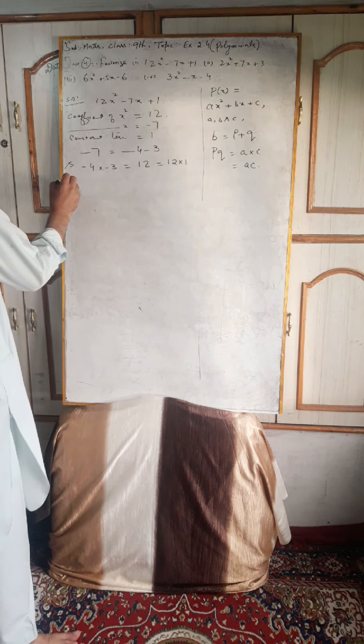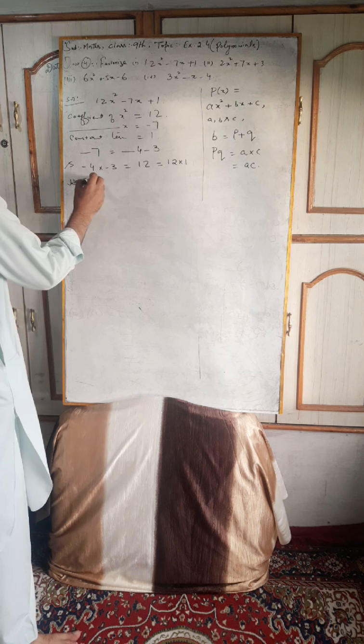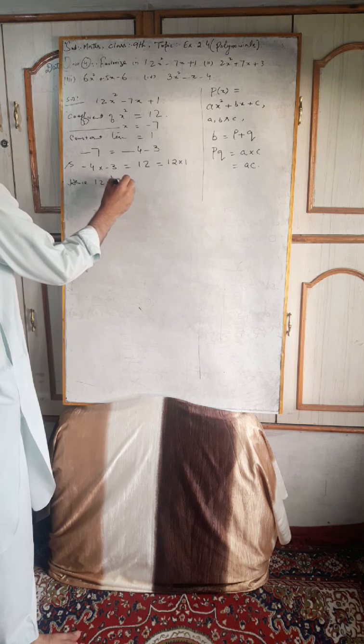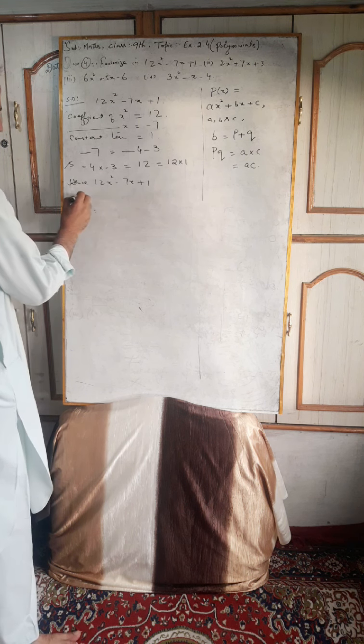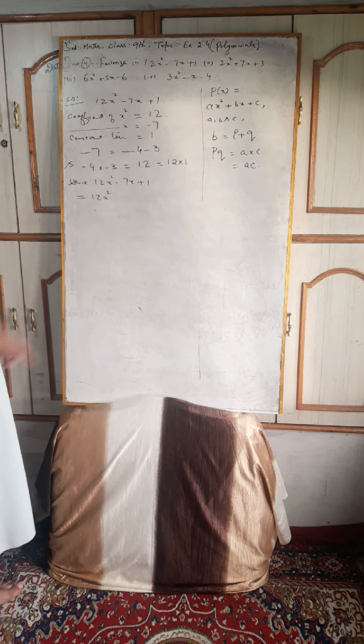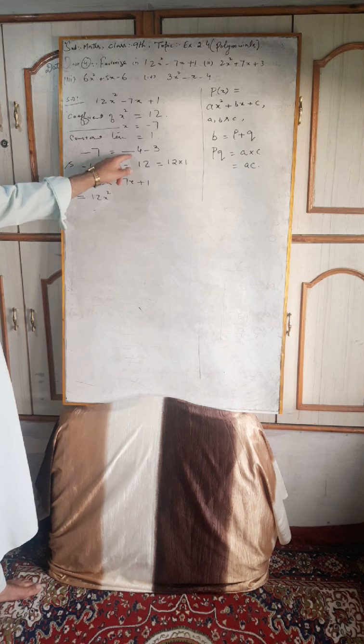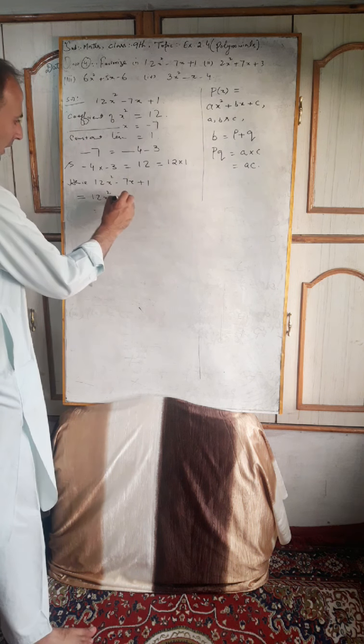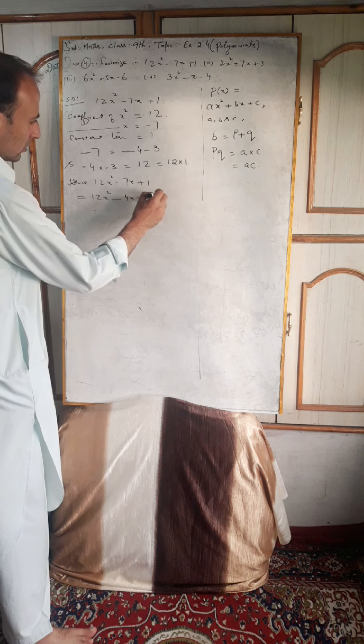Hence 12x square minus 7x plus 1 is equal to 12x square minus 4x minus 3x plus 1,